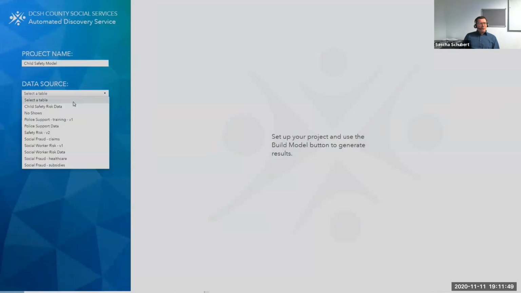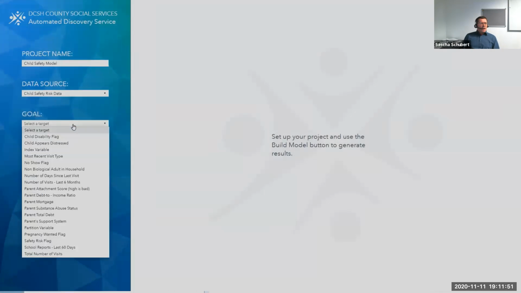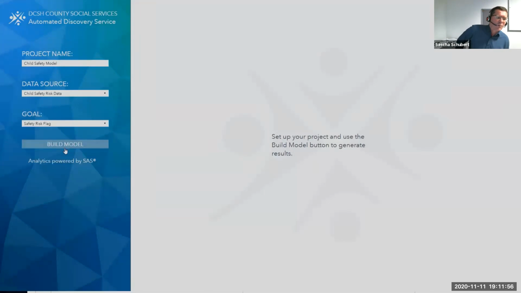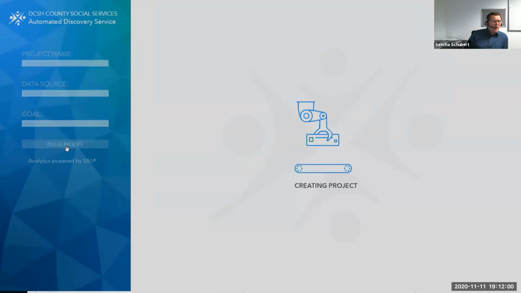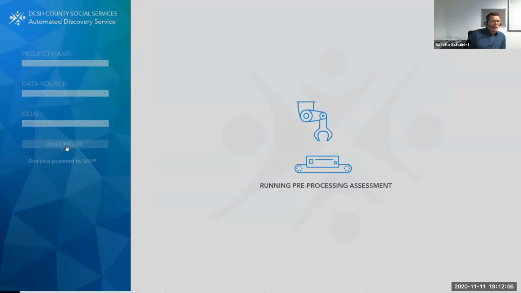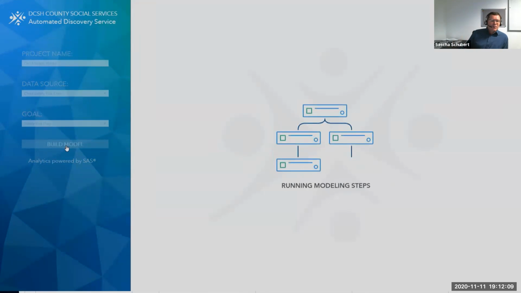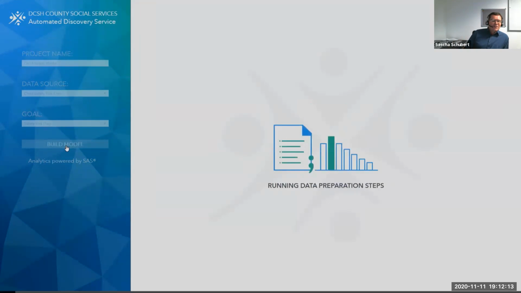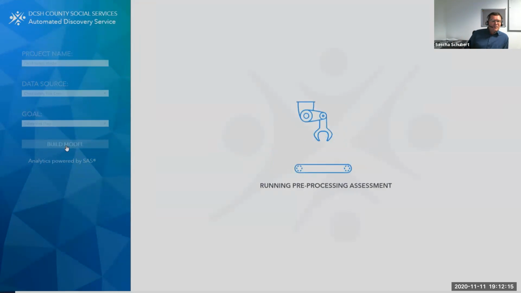And what you see here basically is a web application, and all that's provided is a data source. In this case, we're looking at a child safety risk project, where we're looking at the risk certain children are under in terms of their environment and so on. And we need to provide the data source and a target that we want to predict. And now everything is running in the background automatically, and you get some feedback here on what step of the pipeline is being processed.